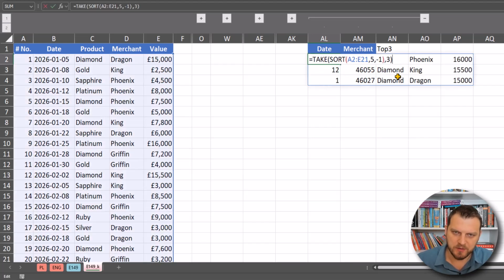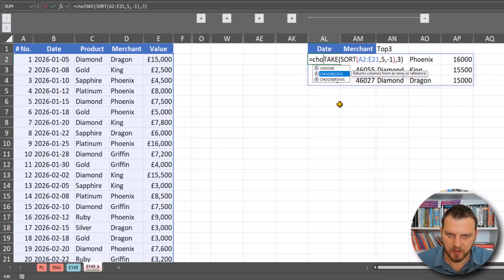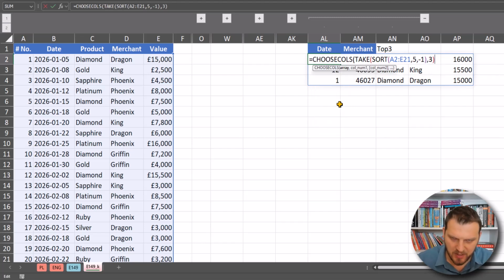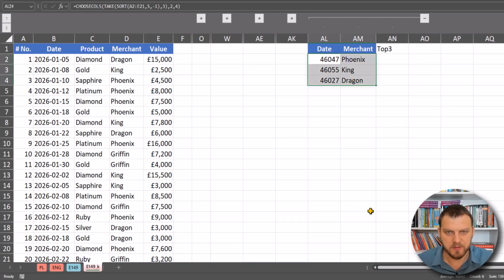So we need to add one more function, choose columns in this example, and I want the 2nd column and the 4th column. Yes, date and merchant, and we can see only the information we